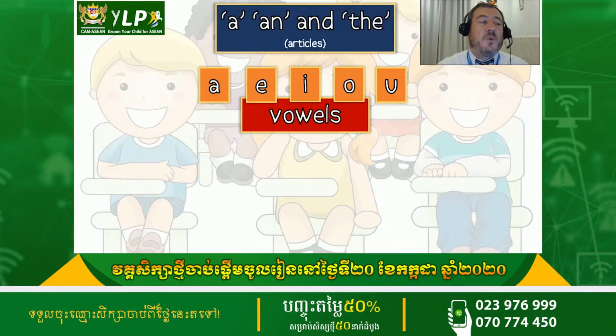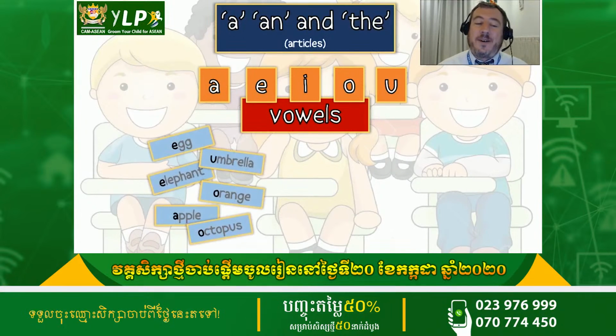Okay, and why do we need to know this? Why is this important about a, an, and the? It's because when it comes to using a or an, we need to know whether the noun that comes after is a vowel sound or not a vowel sound. So we have some vowel sounds here: egg, umbrella, elephant, orange, apple, octopus. They all begin with a vowel. So because they begin with a vowel, we would say an egg, an umbrella, an elephant, an orange, an apple,